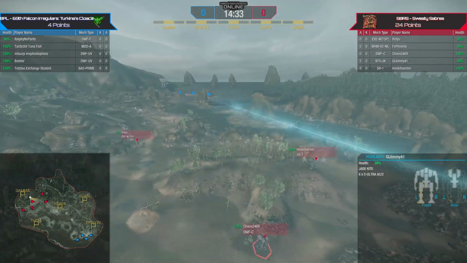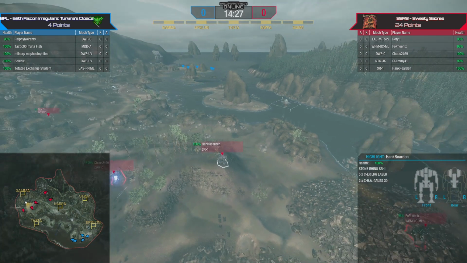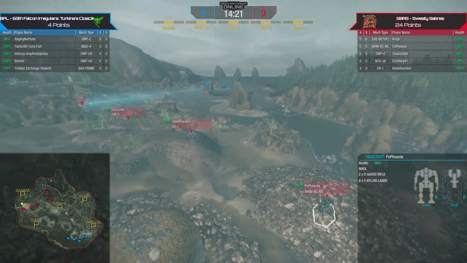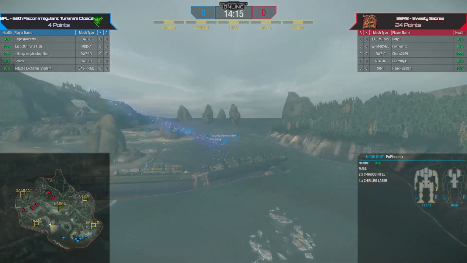Jade Kite with UAC 2 going up the radio tower. Love the radio tower. AC5 Direwolf. Stone Rhino. Oh, don't stand out in the open there. Hags and ER Large. And nobody's fired LRMs yet. Goss ER Large Maul. That's an interesting build. But this is a ranged trade drop deck versus mass LRMs. And then,